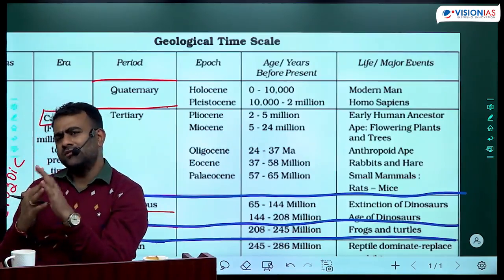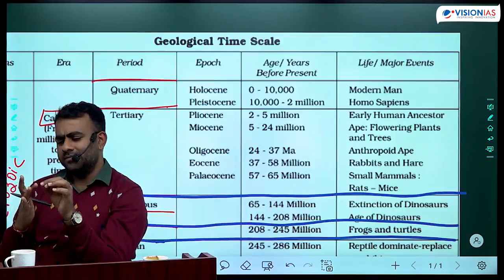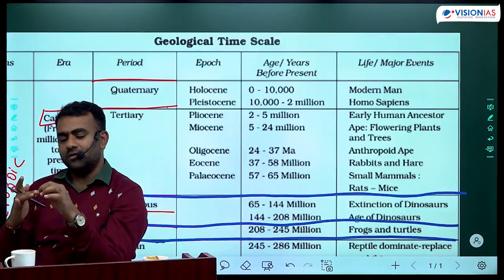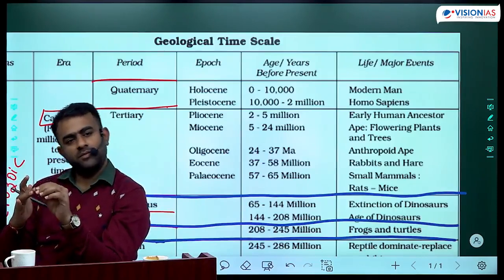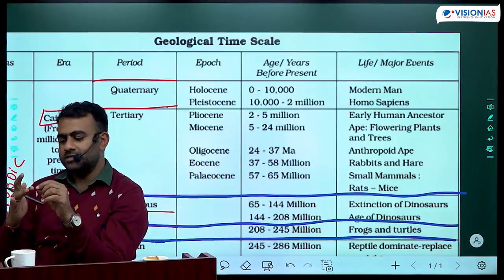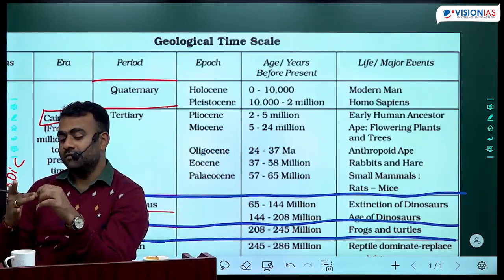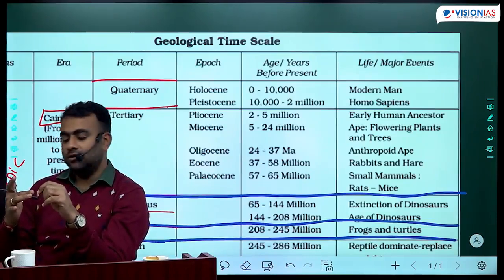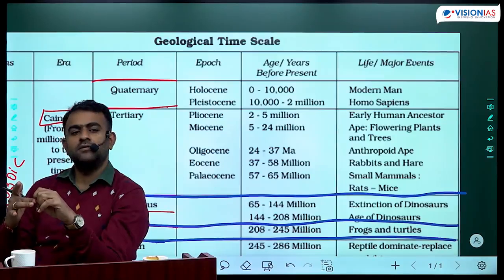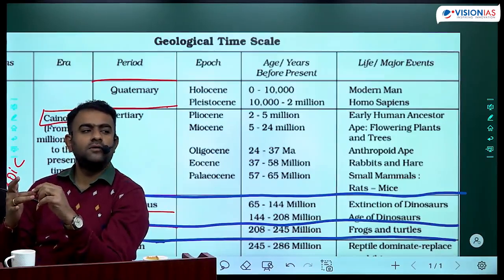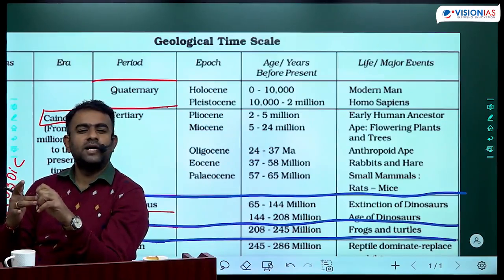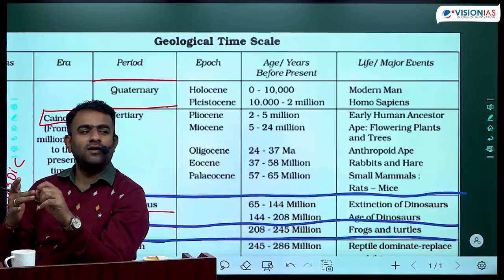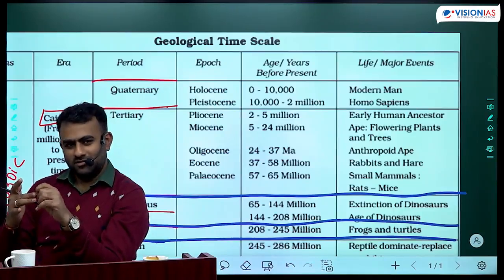So this is the time of evolution of mammals. Mammals will come everywhere. Mammals will not only survive on the land, they will also go into the water. Examples? Whales, dolphins, sea cow, dugong, or